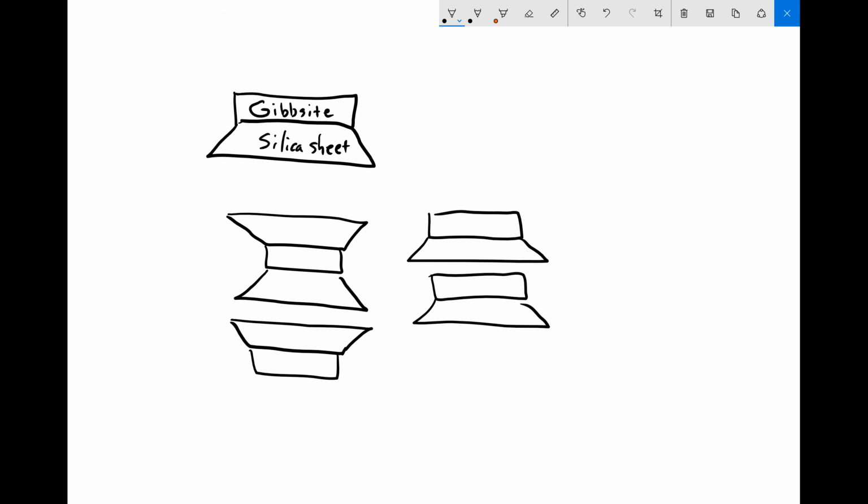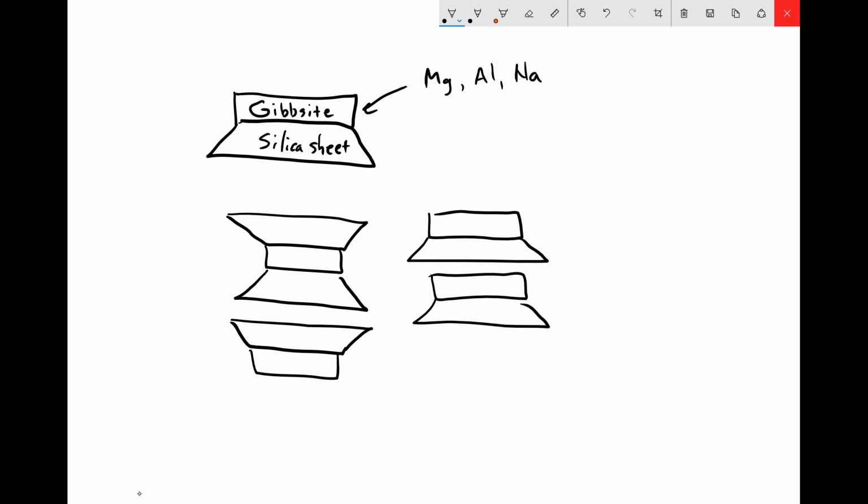And there's lots of different ways I could stack these sheets. And the other things that will change these sheets are the different types of ions that are in the octahedral sheets. For instance, do I have magnesium? Do I have aluminum in there? Do I have sodium in there? There's all sorts of different ions that could be in those sheets, and it affects the types of shapes that